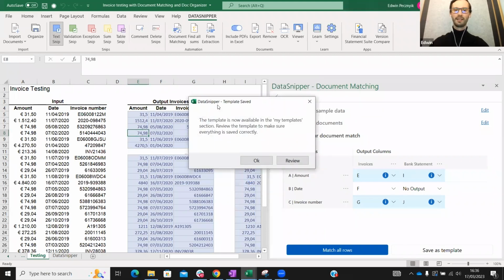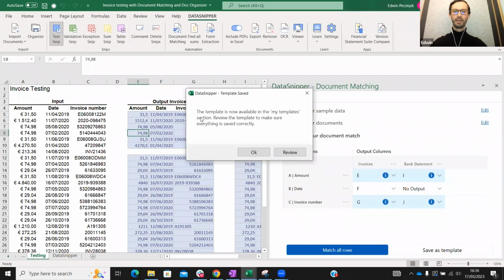And now you can see the new pop-up window, the template is now available under the My Templates section. Now I also have the option to review the template to make sure that everything is saved correctly. So let's see how a saved template looks. So by clicking on the review,